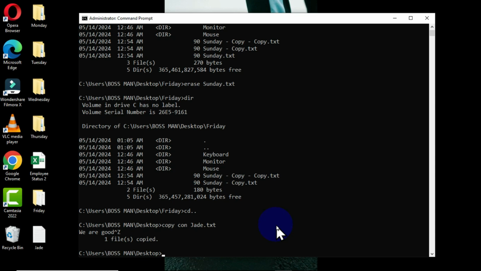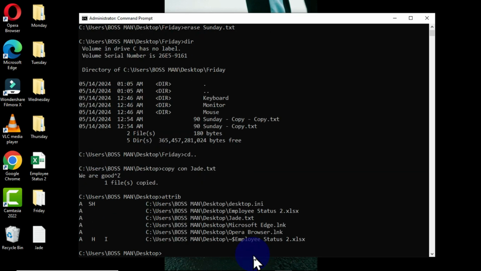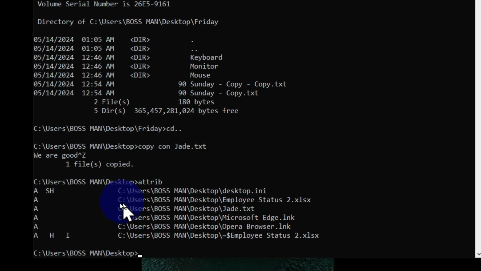So I have this additional file to this Excel file. So these are the two files I have here. Now when we type attrib, which is the attribute command, and hit the enter key, this particular command is going to display all the files that you have in a specific location, and that is going to tell you whether you have some files hidden or unhidden. When you look at these files that we have here, we have this A here that shows